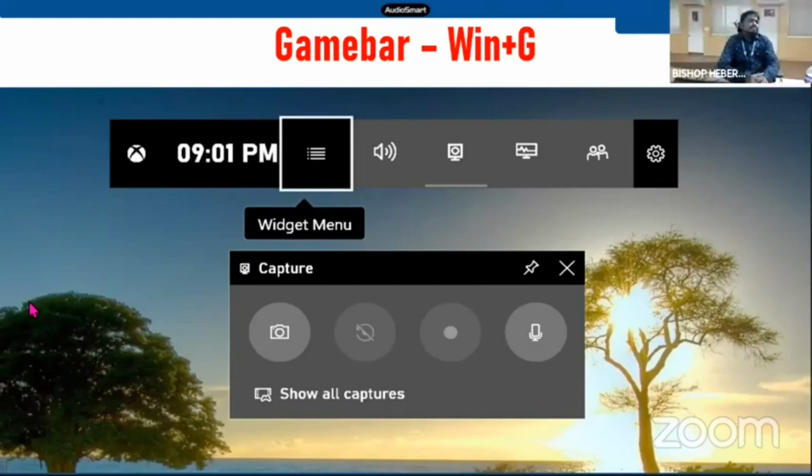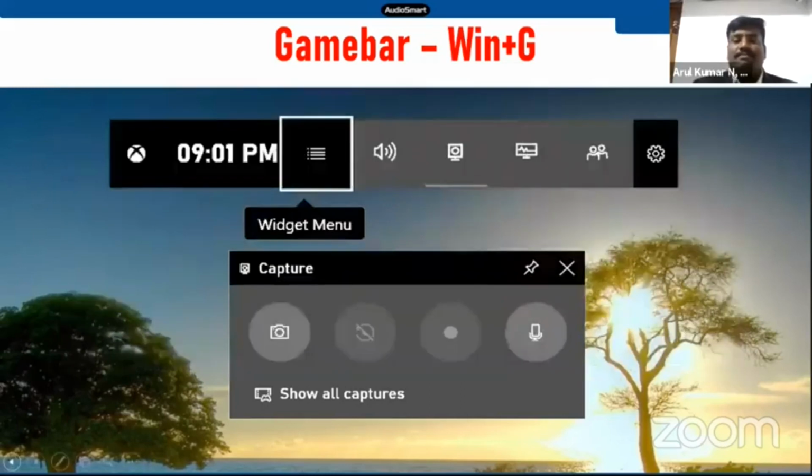Okay. So this is a recorder which we can access in offline mode itself. It is nothing but we have a shortcut to access this particular screen recorder. The name of the software is GameBar. It's available as a free tool in Windows. So I'm going to access this particular software for recording in offline mode. When you are going to create video content, you need not use any other particular software.